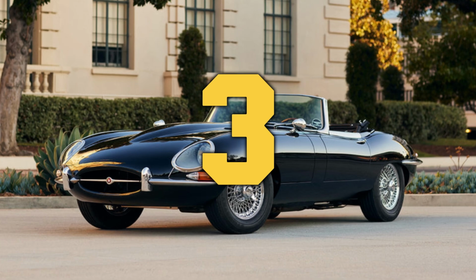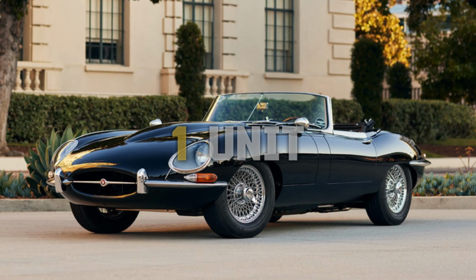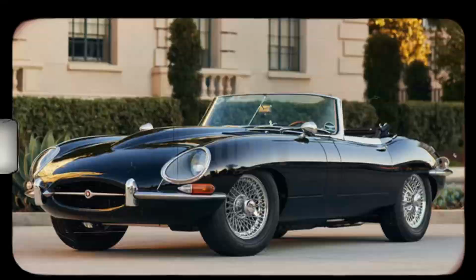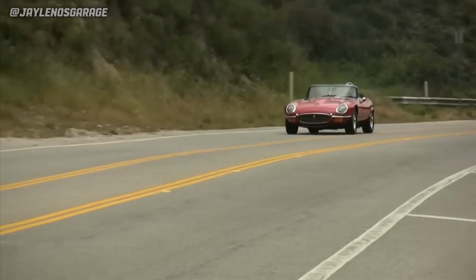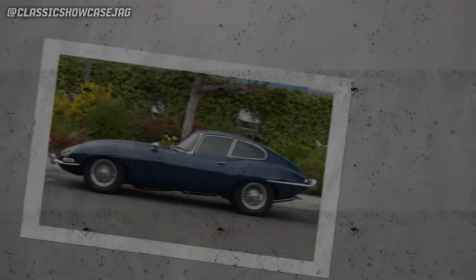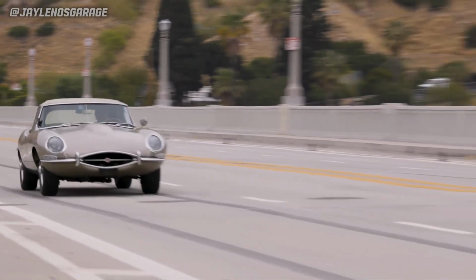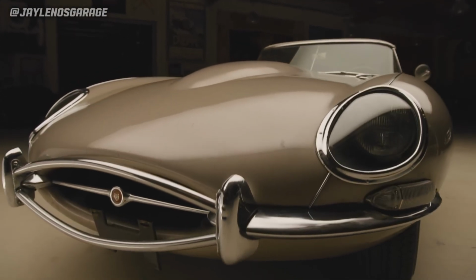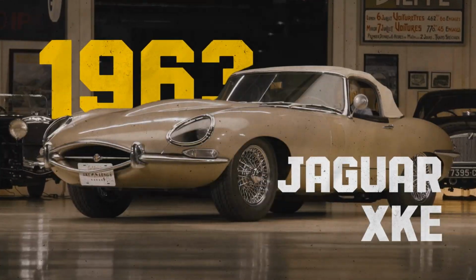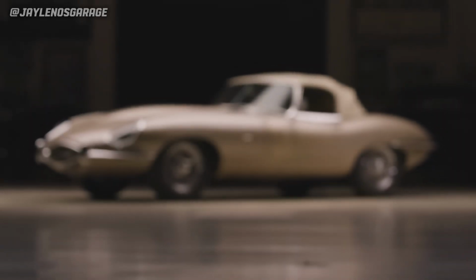At number 3, the 1963 Jaguar XKE, 1 unit produced. The Jaguar E-Type is widely regarded as one of the greatest British sports cars ever made, and with many produced, you might wonder why it's included on a rare cars list. However, Jay Leno's E-Type is quite different from the rest. To the casual observer, his 1963 Jaguar XKE might appear similar to any other E-Type, but it holds a unique